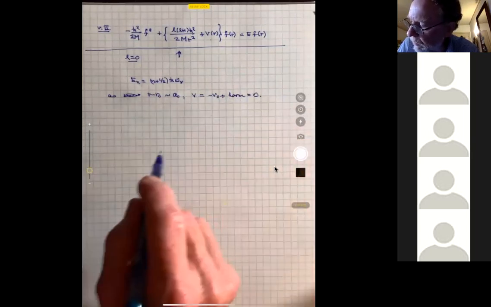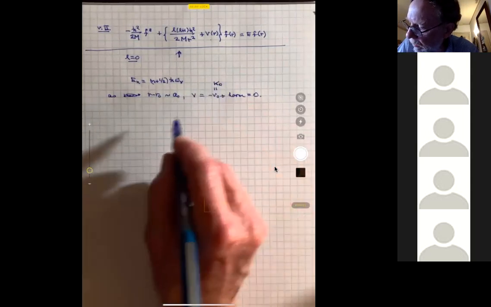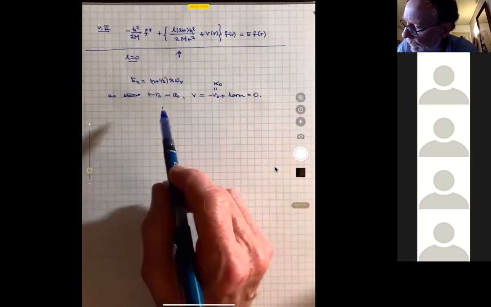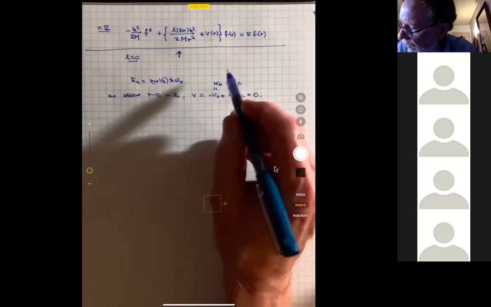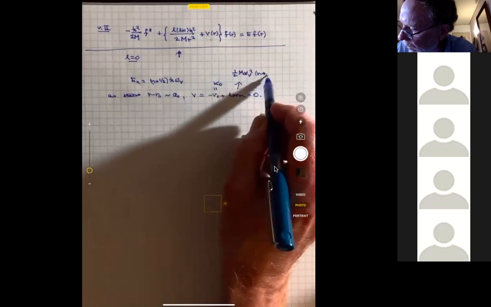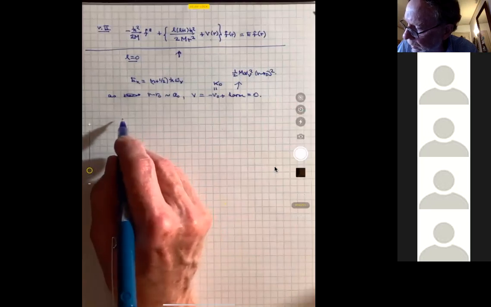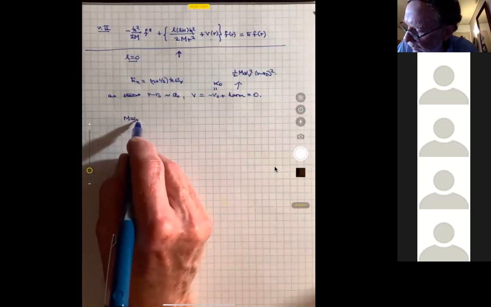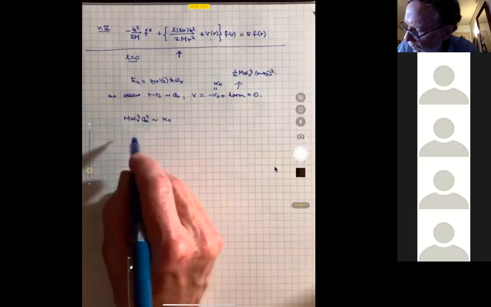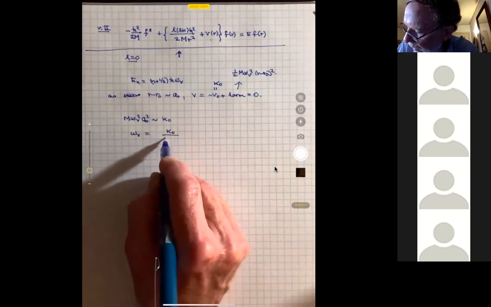And as an order of magnitude, that's probably okay. As far as the V0 is concerned, we can replace that by K0, which is what it is as an order of magnitude. Plugging in the value of the harmonic part, which is 1/2 capital M omega V squared times R minus R naught squared, and dropping the factor of 2 because we're just doing an order of magnitude estimate, what we get is M omega V squared times A naught squared is of the order of magnitude of K naught,